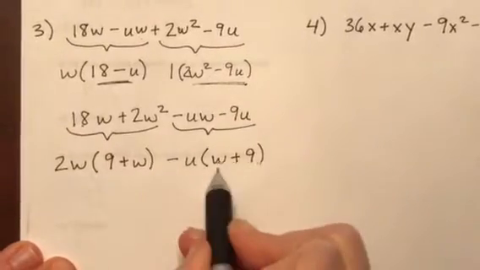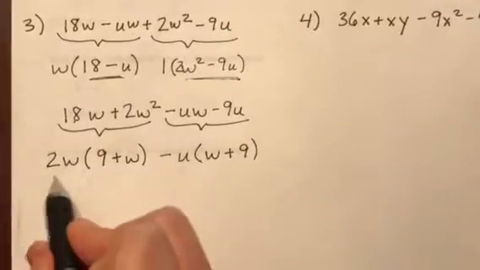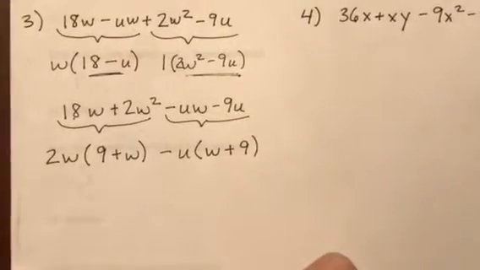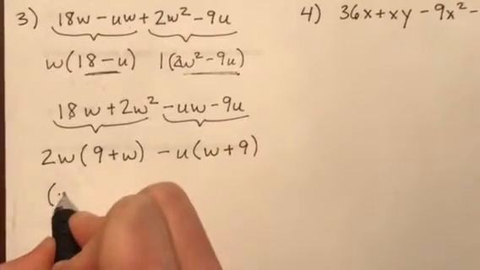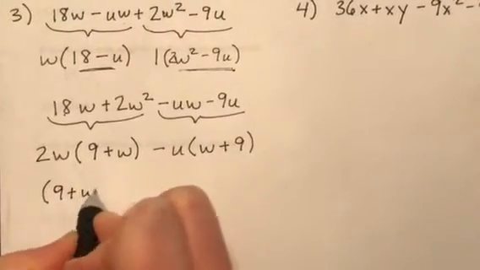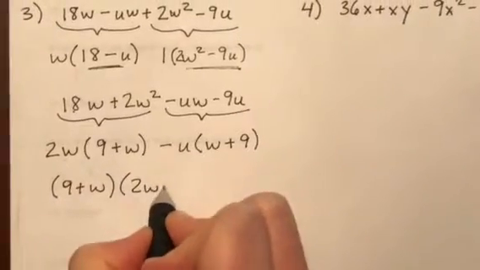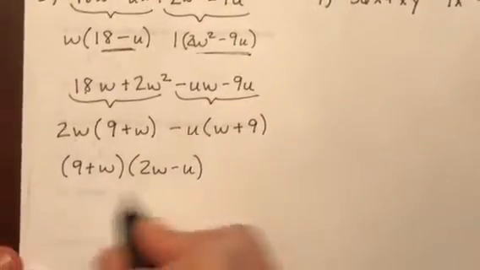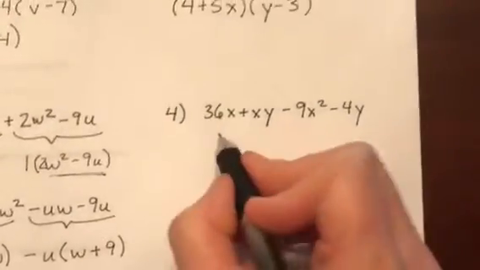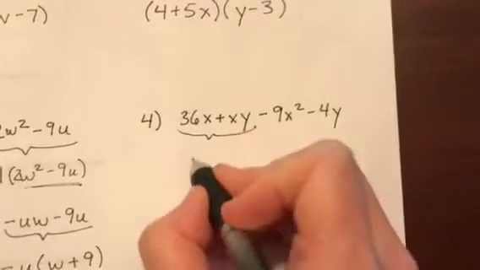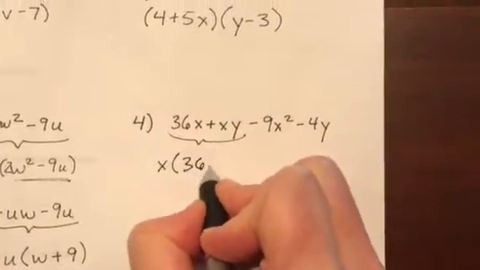So 9 plus w or w plus 9, that's a common factor between the first part and the second part of this expression. So let's take out that common factor of 9 plus w, or w plus 9, and that would leave us with 2w minus u as our final answer there. Okay, this is another one of the same type. If we look at the first two terms and factor out the greatest common factor of x, we'd have